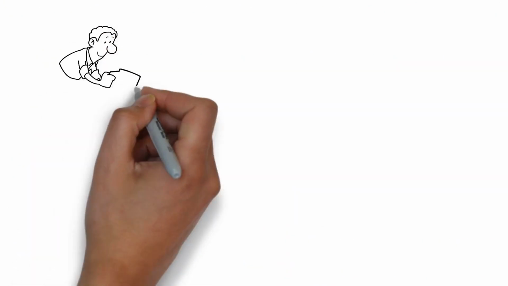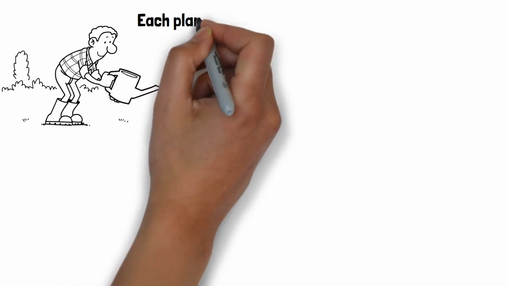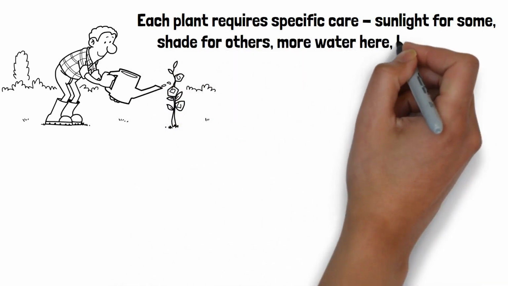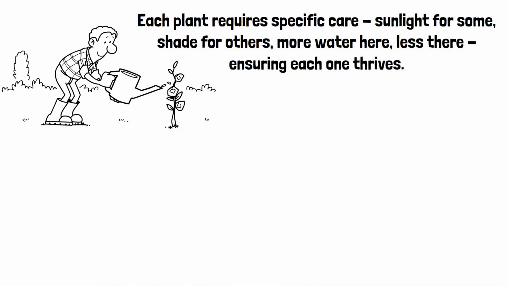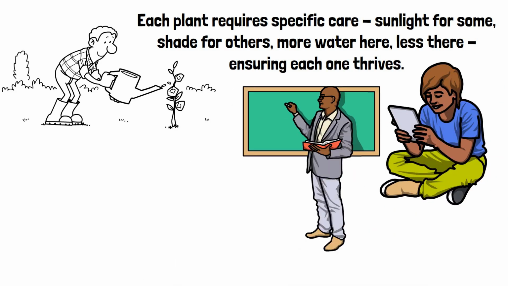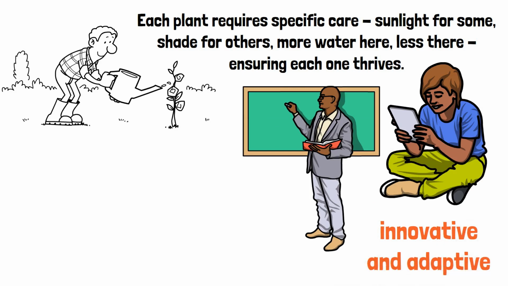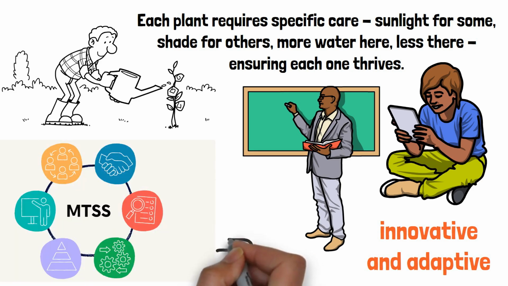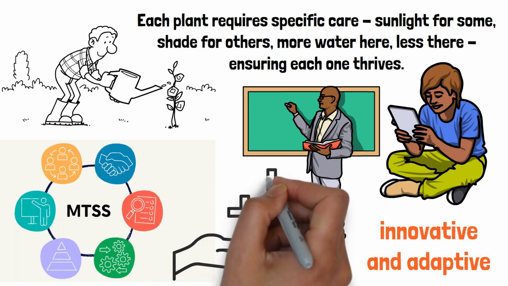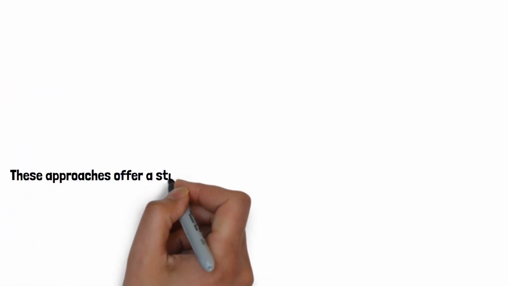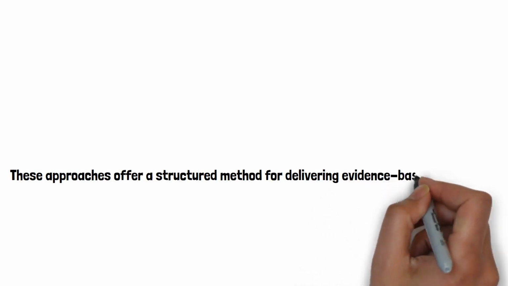Picture a gardener tending to a diverse garden where each plant requires specific care. Sunlight for some, shade for others, more water here, less there, ensuring each one thrives. When presenting new content to learners with exceptional needs, teachers must be both innovative and adaptive. They should consider implementing frameworks like multi-tiered system of supports, which include strategies such as response to intervention and positive behavioral interventions and supports. These approaches offer a structured method for delivering evidence-based instruction and interventions tailored to individual student